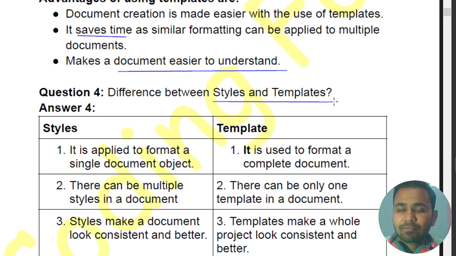Styles and templates, difference between. Styles is what? It is applied to format a single document object. Template, it is used to format a complete document. There can be multiple styles in a document, and for templates, there can only be one template in